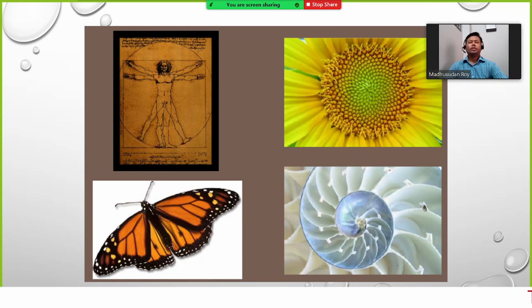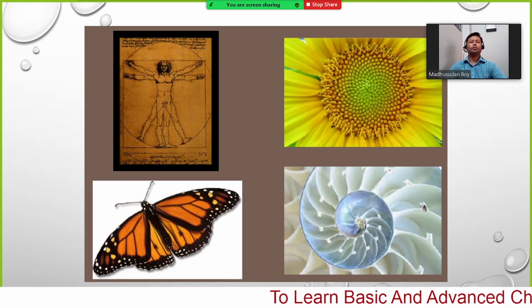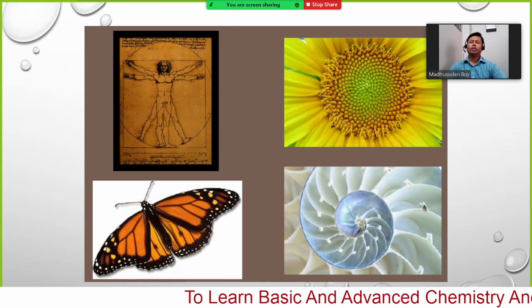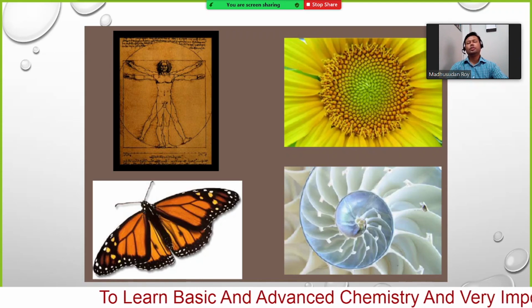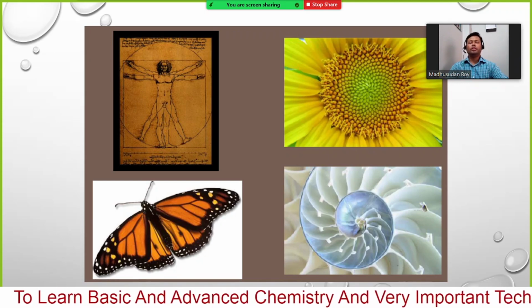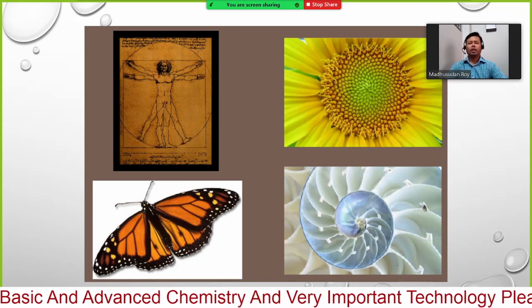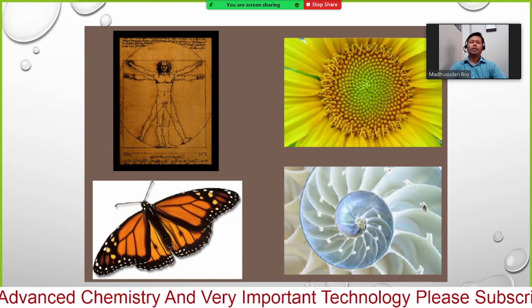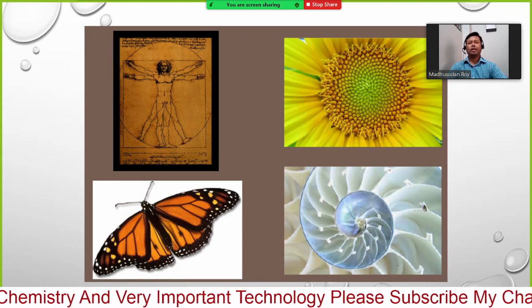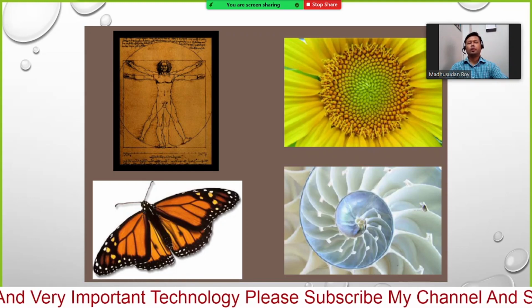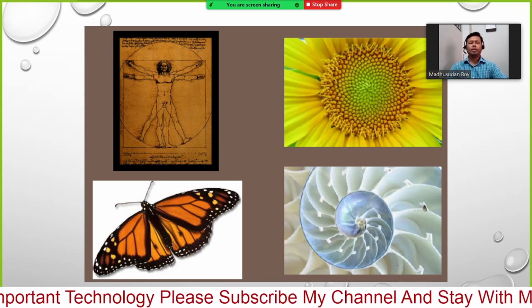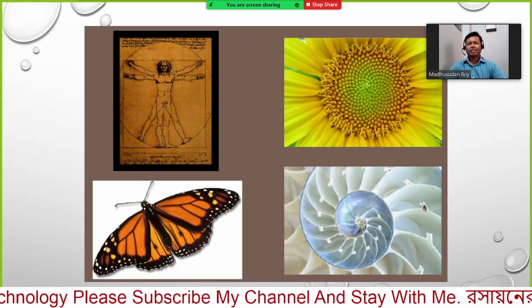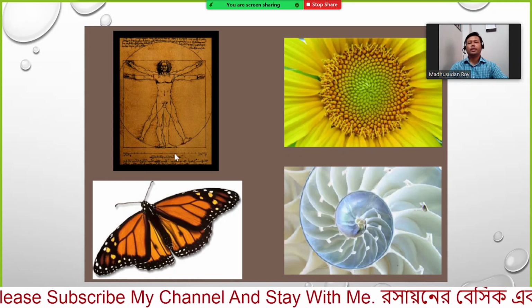Today we are going to repeat a little bit of the last class, what we have learned about molecular symmetry and group theory. Actually, I am not going to teach you the group theory because it is a little bit difficult and it will take a very long time. But I will try to make you understand more about molecular symmetry. And in the last class I showed you these types of figures.